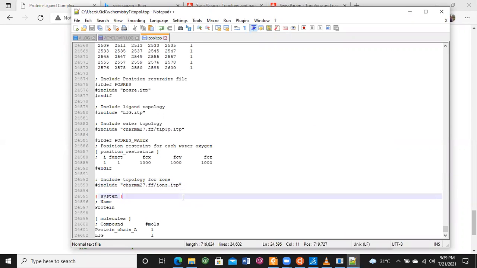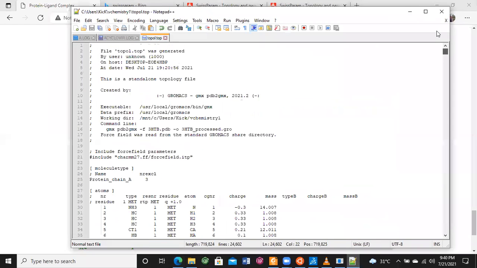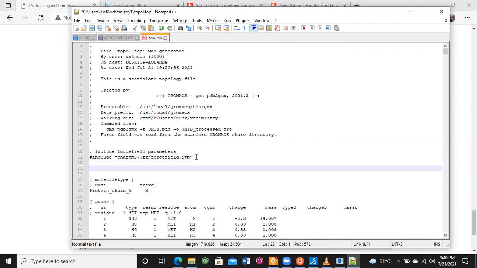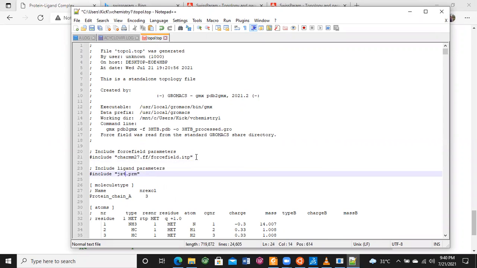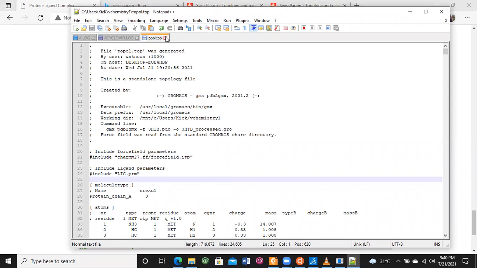go to the molecule type. This is the molecule type and define the ITP parameter PRM file, that is our lig.prm file. Now save this topology file and close it.